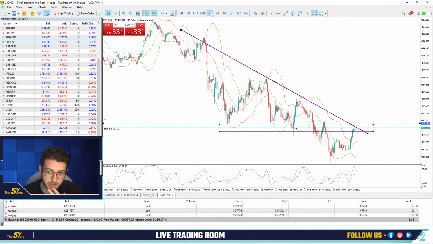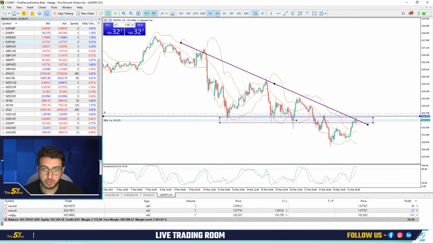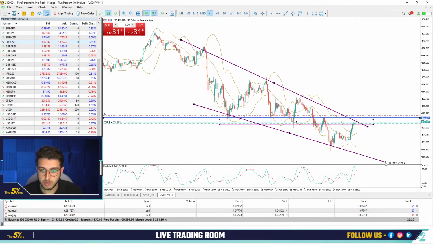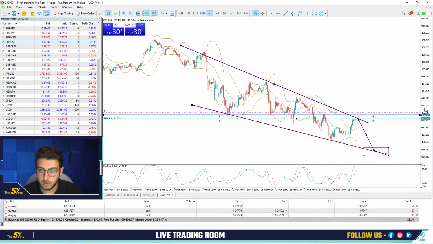Here it can be even good for people that follow trends, because if you go to the H1 chart again, we have this type of pattern creating. So if you want to take a profit approximately here, expect the market to make a new low here, so you can actually exit the market after we retrace.